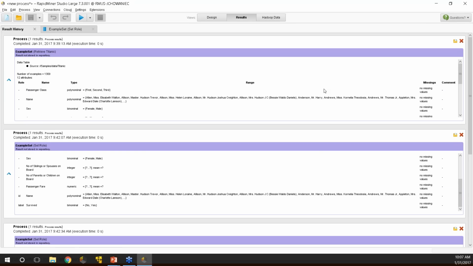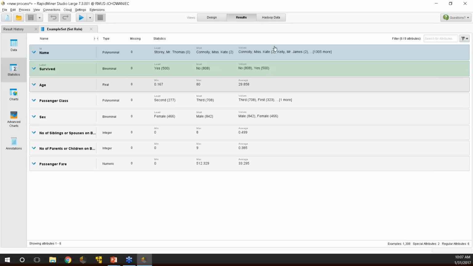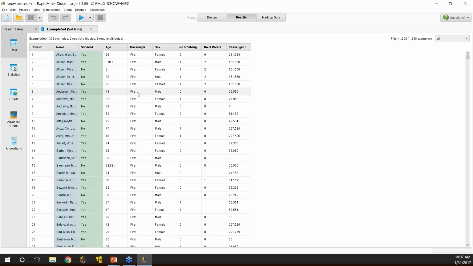Maybe I tweak stuff and want to compare results. I'd be able to pull up performance vectors from previously run models and stuff like that. So there's quite a bit you can do within the result history to drag up old runs of processes that you've already built. Now the results overview tab also has a lot of other options. So the first tab will give me